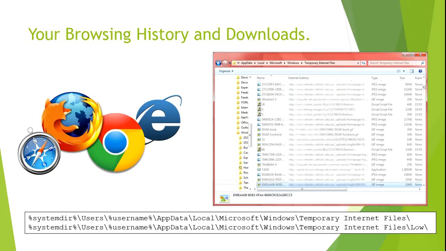Another thing that users don't really know about is that all these browsers keep temporary internet files on your computer. As you can see in the PowerPoint, here we have a picture of someone's temporary internet file folder. It's pretty big, and these things can take up a lot of space if not cleaned. Plus they have evidence based on, I guess, years, depending on if you never clean it, of stuff that you looked through and your other history.